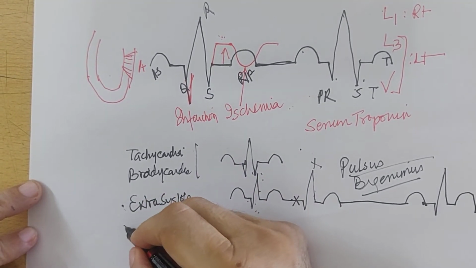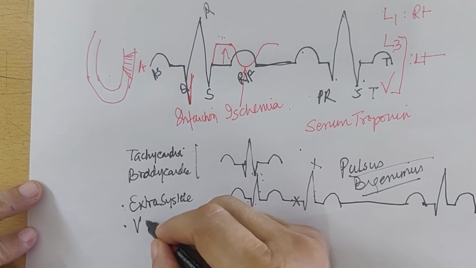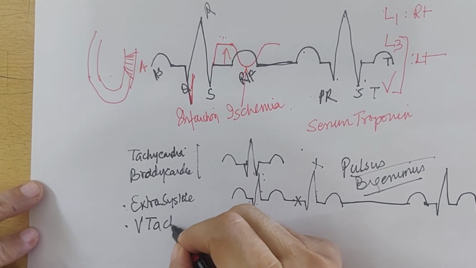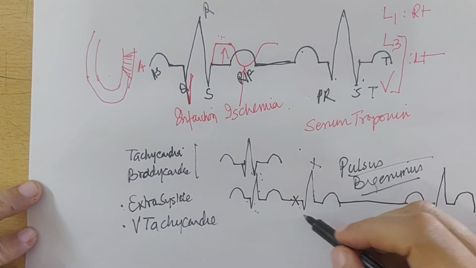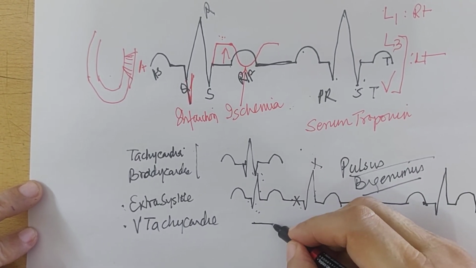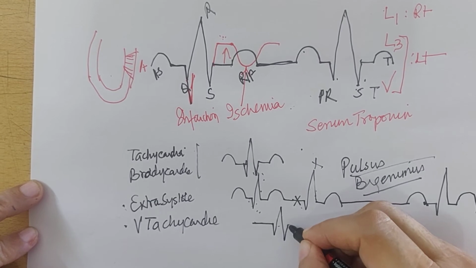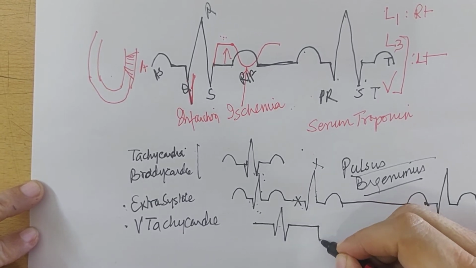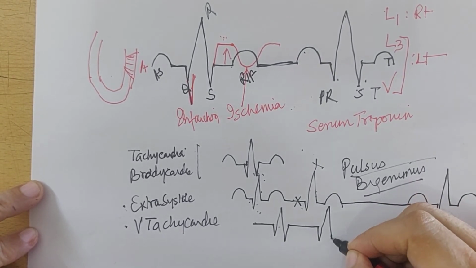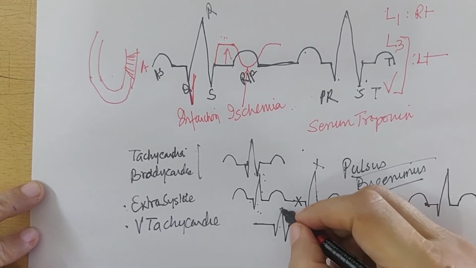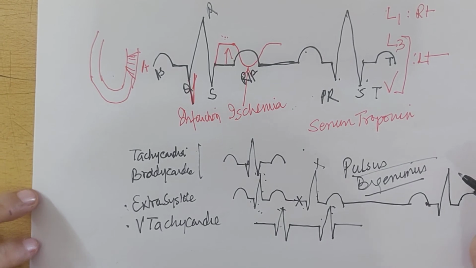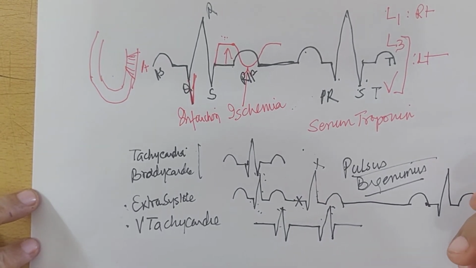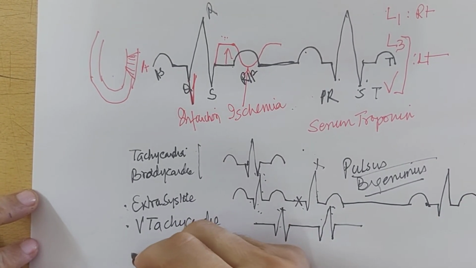Then you have ventricular tachycardia, where you have only these beats, no relation to the P wave, and very close by, as close to each other, faster the heart rate, and you will have the heart rate on the monitor and on the EKG.